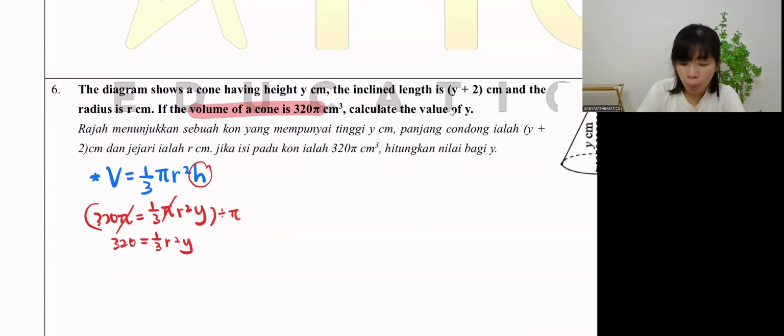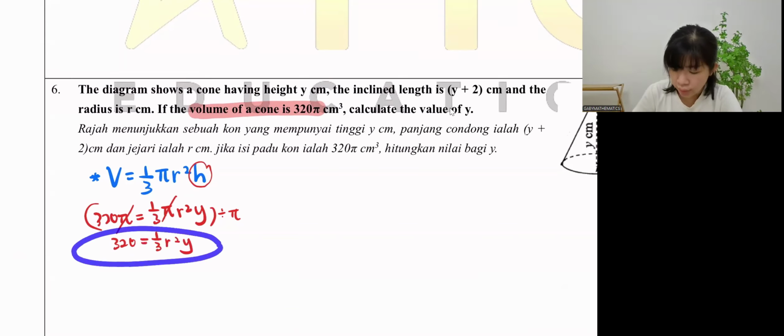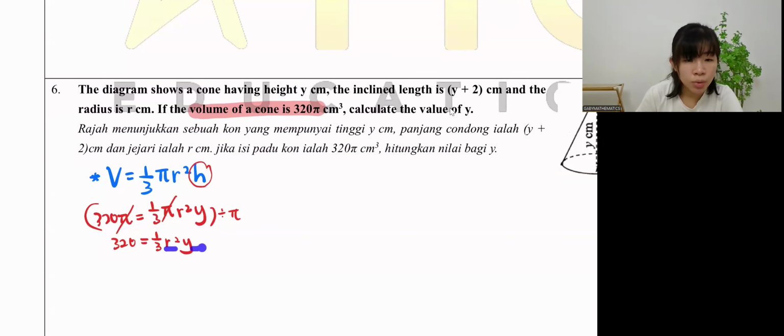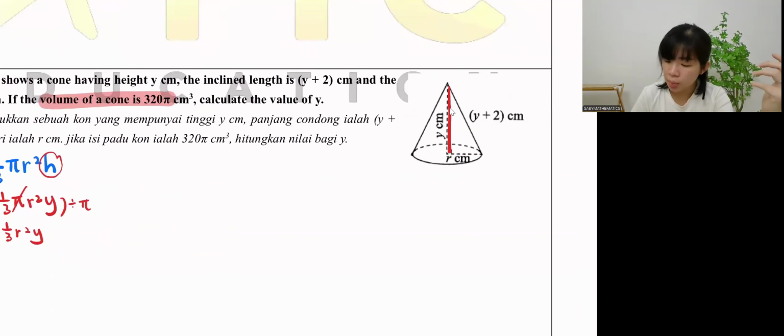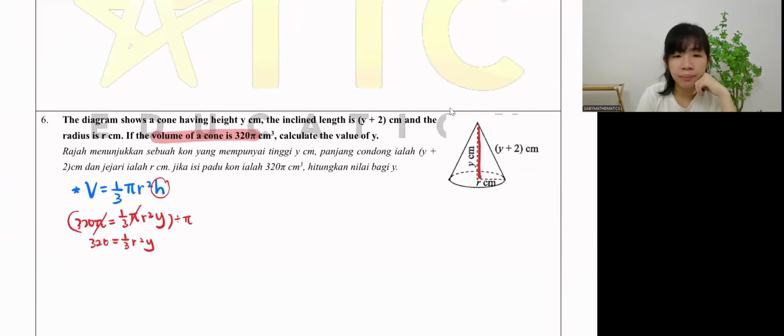All right. When one equation, you see two different unknown, you can't find. You can't find anything. No matter what you move left, right, you're still stuck with the two unknown. So we need another equation. Okay, we need another equation. With one equation like this, we cannot do anything. So guys, what other equation we can form? Other than volume of a cone, what else do you see?